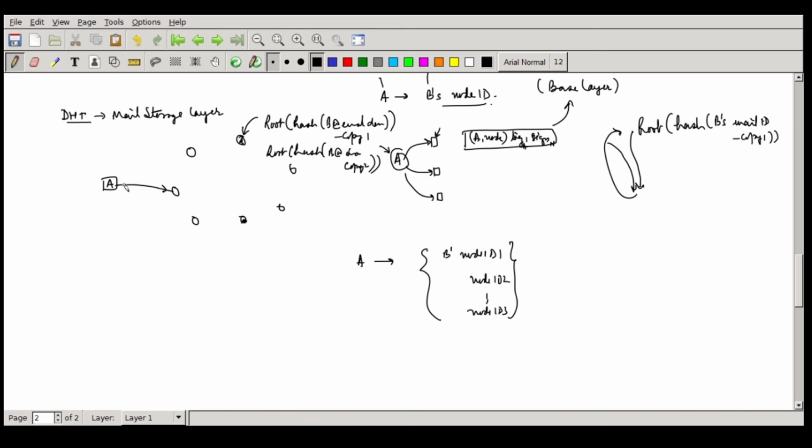What A will do is send whatever mail was to be sent to B to these two root nodes. So this will be storing it and this will also be storing it. The moment B comes alive, it will pick up the message from one of them, but it will also then inform the other, which will purge that particular message. B has the message now.